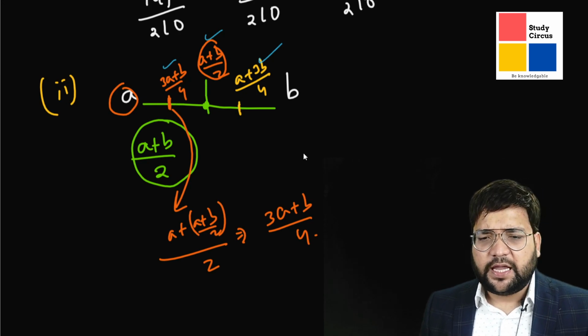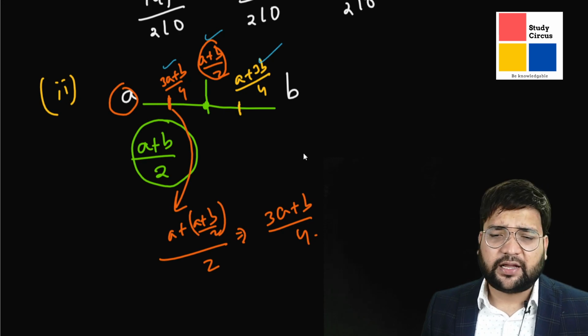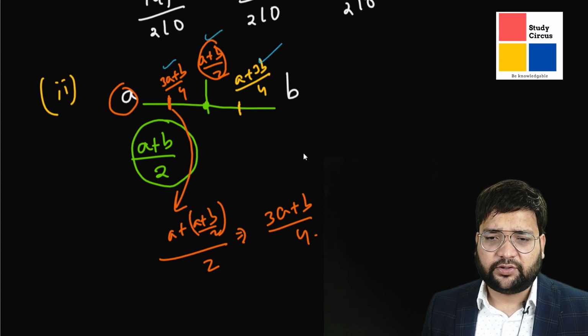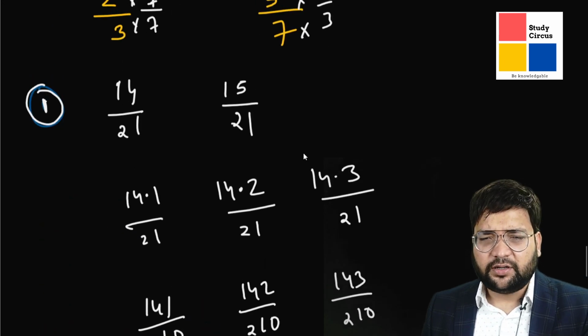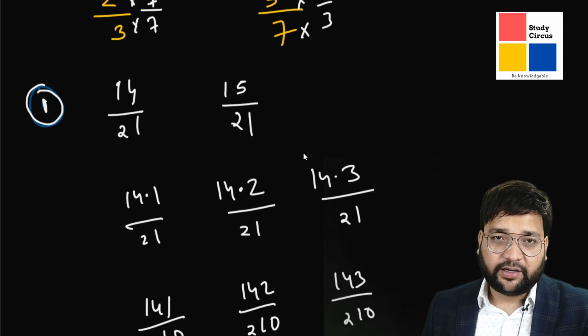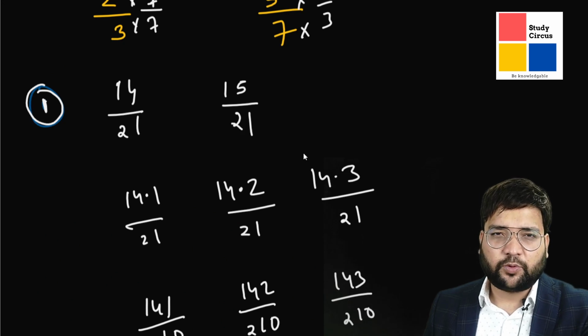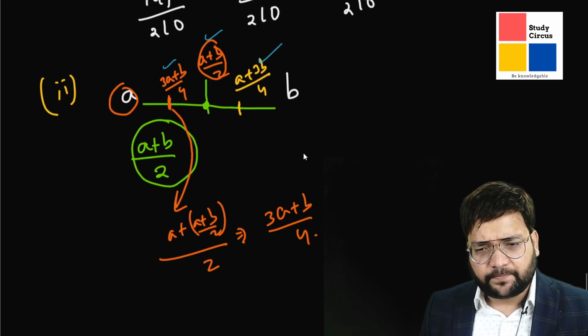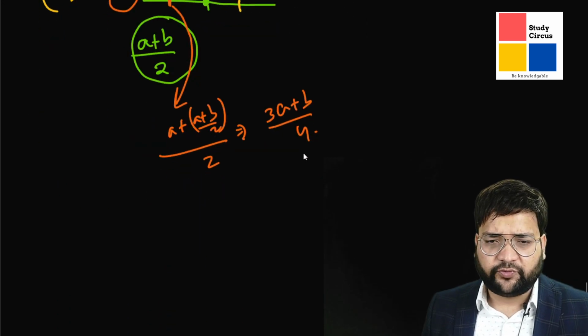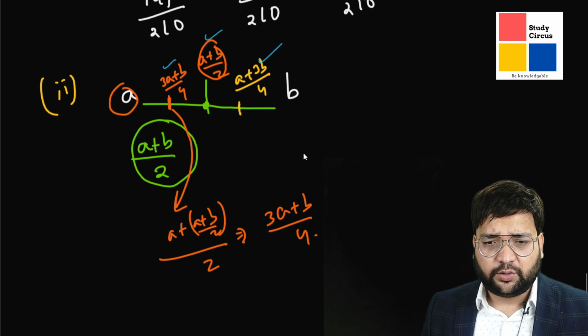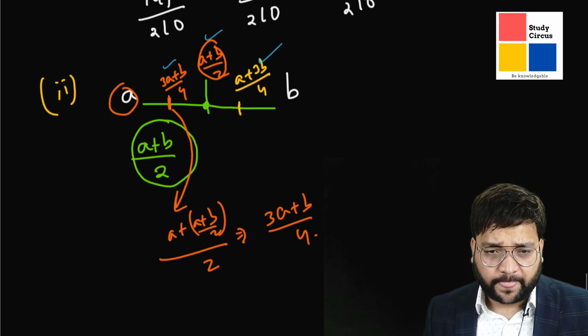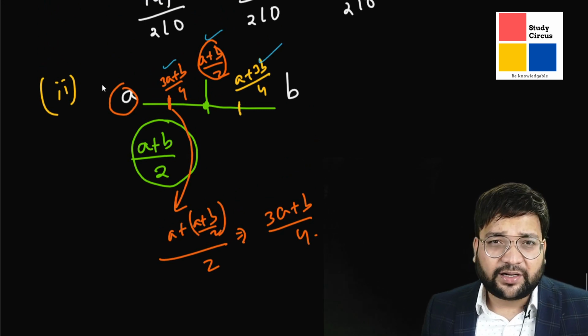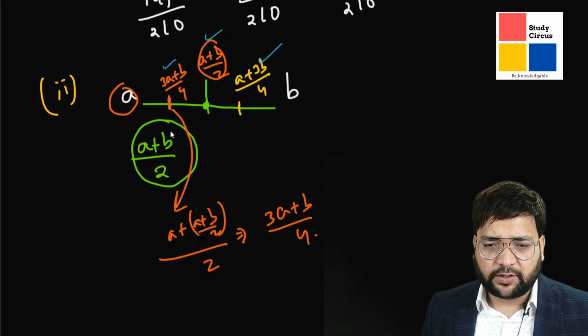And a and b can be rational, irrational, both. It's not necessary that they be rational only, but in the first method, since the form you made it in was p by q form, this is possible for only rational numbers. This method, any number, whether rational or irrational, this will work. For example, if I give you a number that maybe you cannot represent in p by q form or decimal form, but